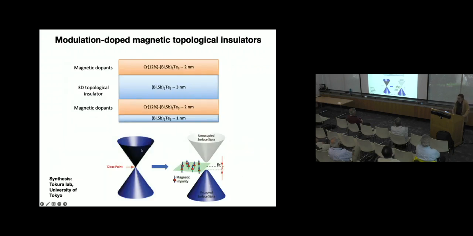So this is a schematic of the materials that we studied in our experiments. We can start with a bismuth antimony telluride three-dimensional topological insulator, and then sandwich it between two magnetic dopant layers, which are labeled here in orange. The basic idea is that the surface electron spins in the surface state of the topological insulator will interact with the magnetic moments in the dopant layers via an exchange interaction, and this will open up a gap in the surface Dirac cones. Furthermore, there's also a hybridization gap that will open due to coupling between the top